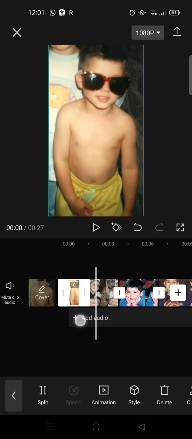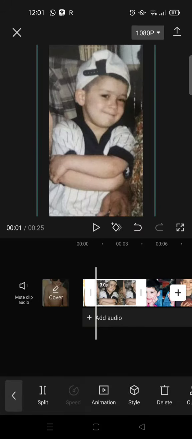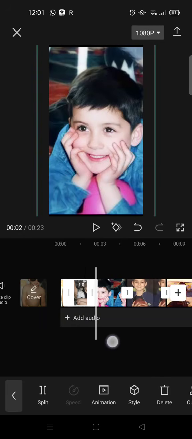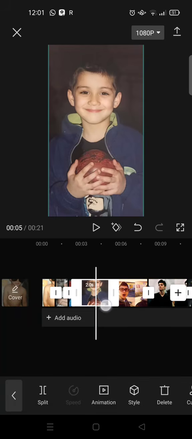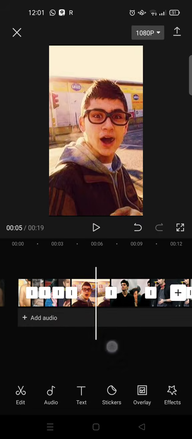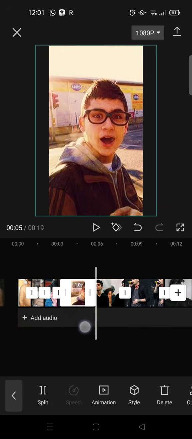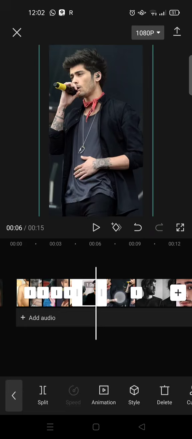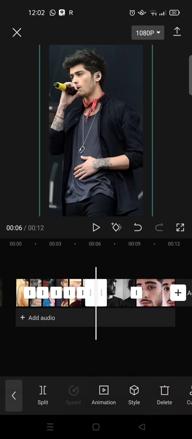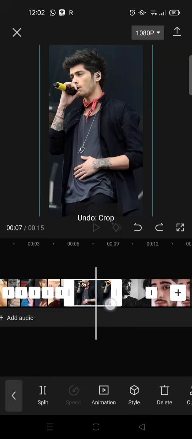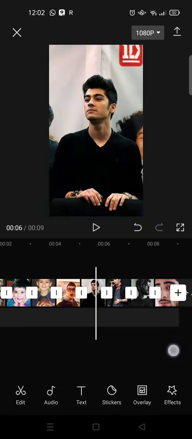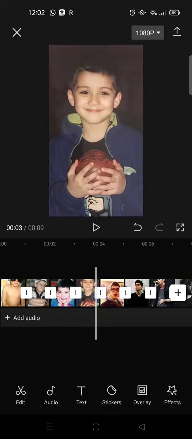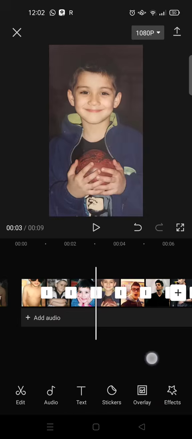0.10 seconds like this, or just like 1 second like this. Okay, set it at 1 second. Okay, so I already made all of the clips into 0.10 or 1 seconds like this, and then after that